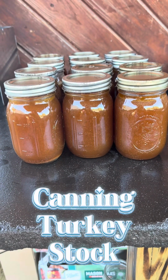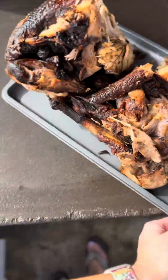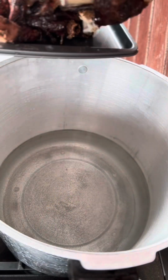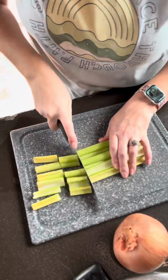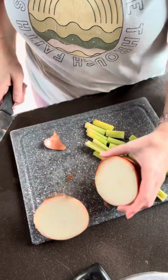All right, y'all, I am making turkey stock from our Christmas turkey. I threw his carcass in the freezer, and so I'm pulling it out. I've got my pot heating up about halfway with boiling water, and I'm just going to throw that carcass in there, and then I'm going to chop up some celery, onions, and garlic, and just give everything a rough